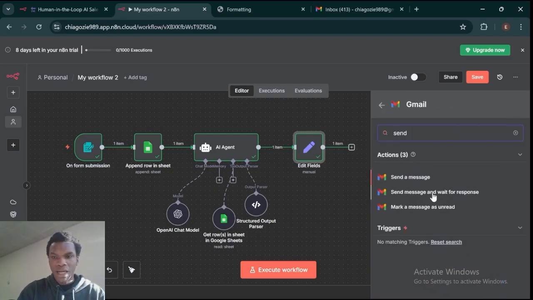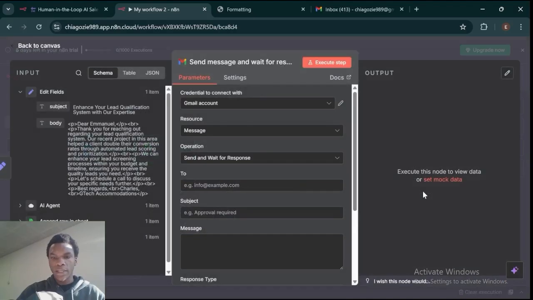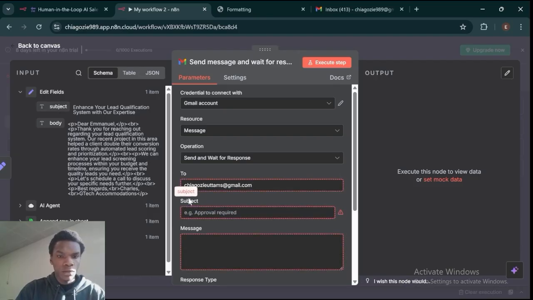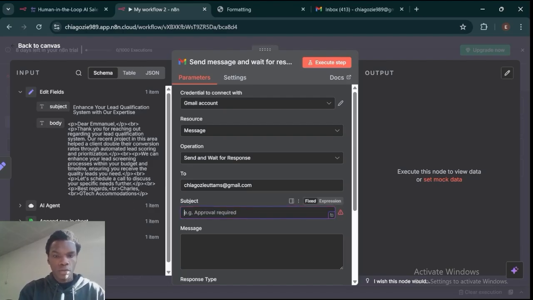We're going to be using send and wait for response, because we are going to collect the email and then provide feedback to the agent. I'm going to be using my email, gmail.com, and then subject. Oh no, we're not going to be adding the subject. This subject is for the new lead, the lead that we're going to be sending to them. So for subject, we're going to add something that will help us know that a new lead was confirmed. So, new lead,